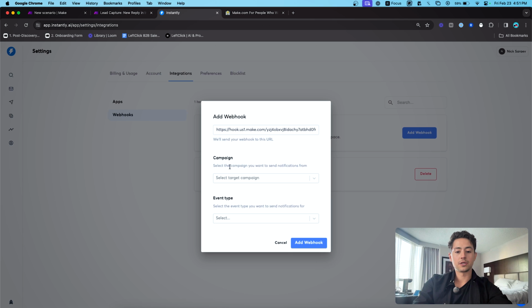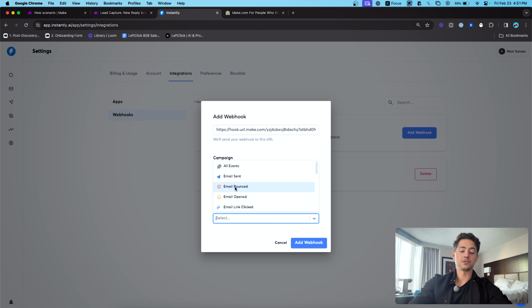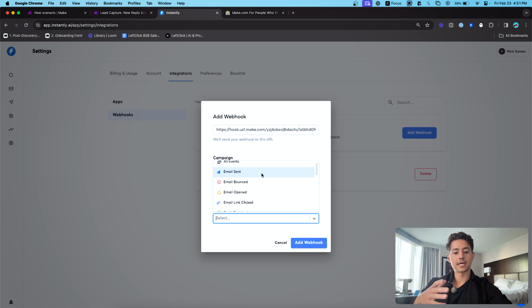and then down here you can select the campaign that you have specifically. So I'm just going to use test campaign because we're not actually going to receive a response over the course of this email. And then you'll see down here there are a bunch of events that we can choose. So the good news about Instantly is you can select, fire a webhook every time an email is sent. So maybe you want to do something like update a record in your CRM to show that an email is sent. You can do email